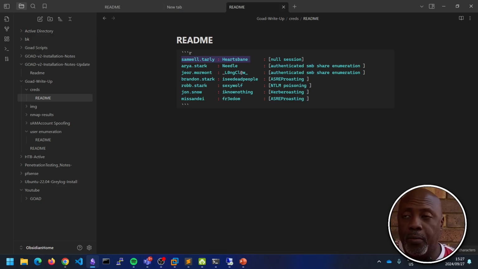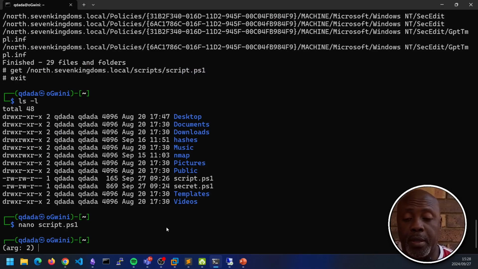If you remember, we use Obsidian to keep our notes. So I have already done that. I've already copied the creds for Geo Momont and I've put them there. Great stuff. Congratulations, we've done that.